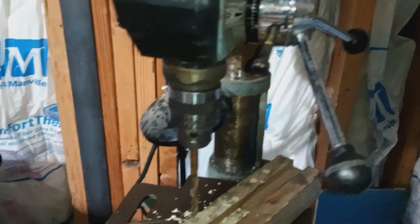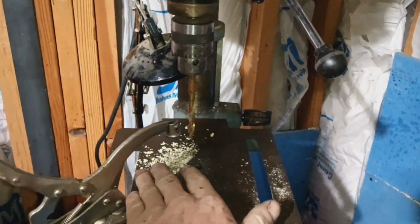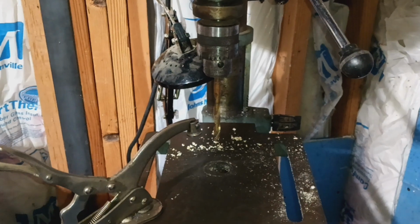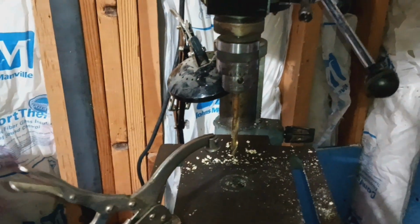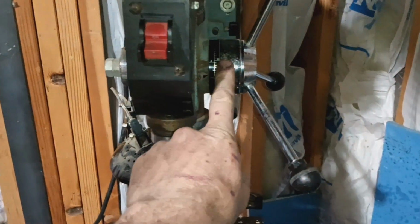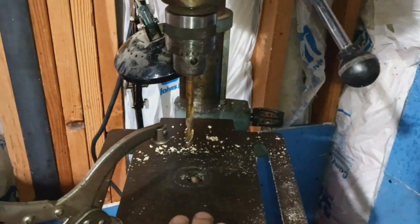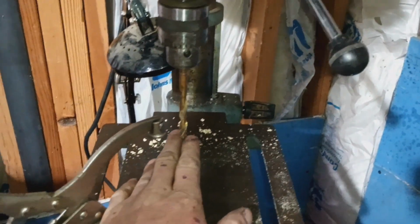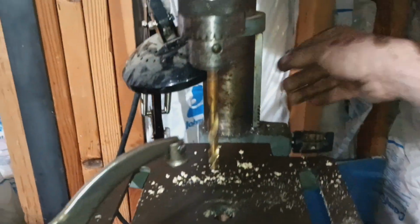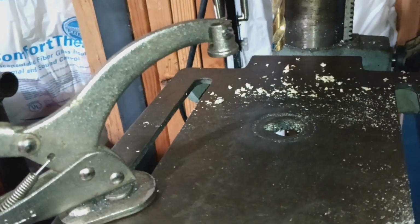So again, this setting is only useful, in my opinion, if you're drilling a lot of holes at the same depth over and over and over. Otherwise, to drill one hole, I guess it doesn't take too long to set up once you realize how off your gauge is and how thick your workpiece is. Then you've got to set your table to a 1/4 inch below your drill bit, whatever your workpiece height is, right? So you would loosen this and adjust your work table height,